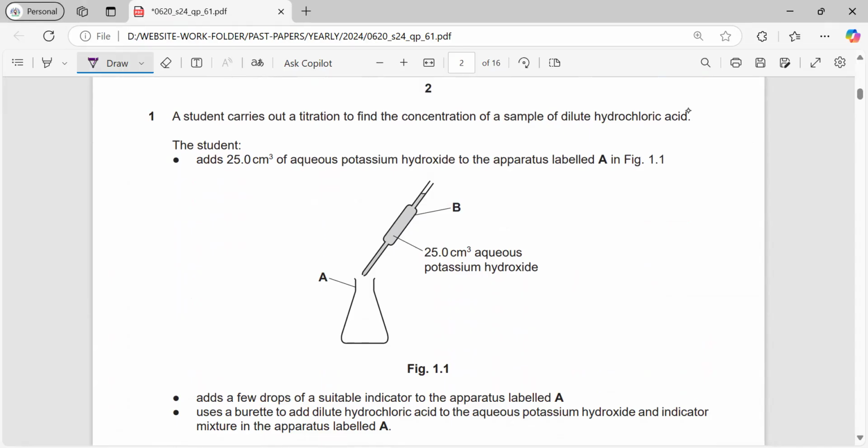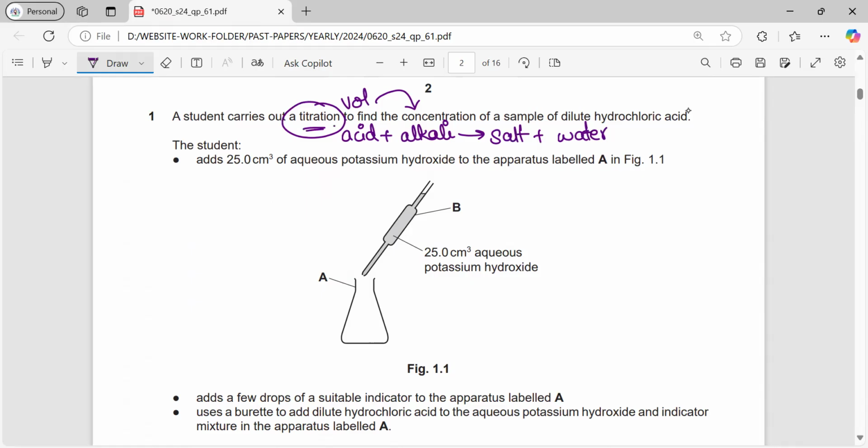of dilute hydrochloric acid. So a student is doing titration. Titration is when an acid reacts with an alkali to form salt and water. And this is a neutralization reaction. When we do this neutralization reaction in the laboratory in a practical way to find out how much volume of an acid is used to neutralize the known volume of alkali,